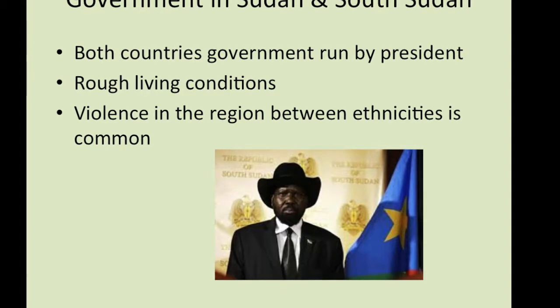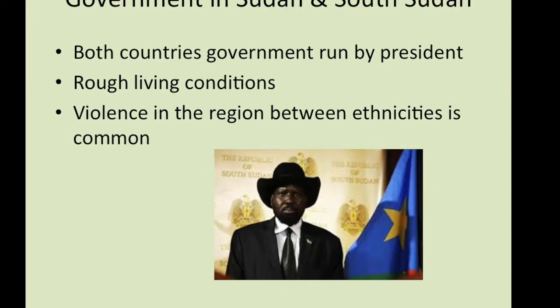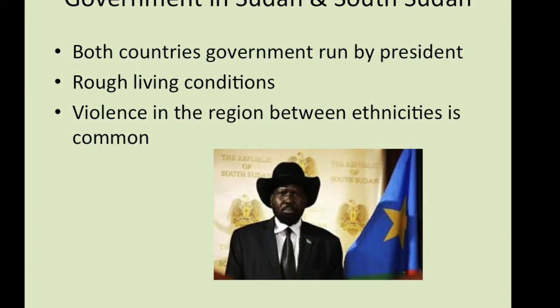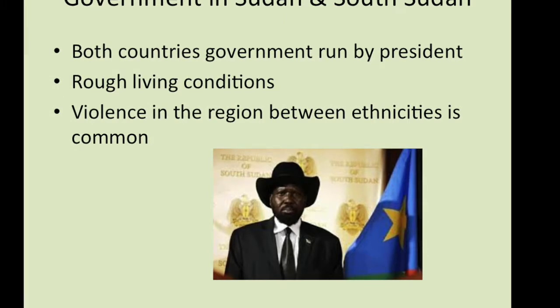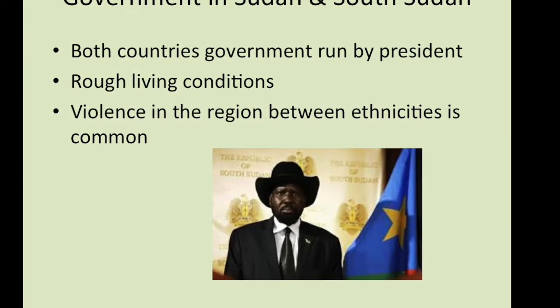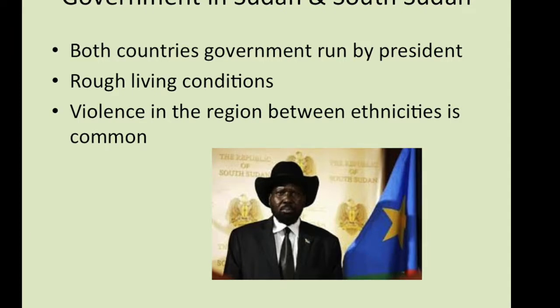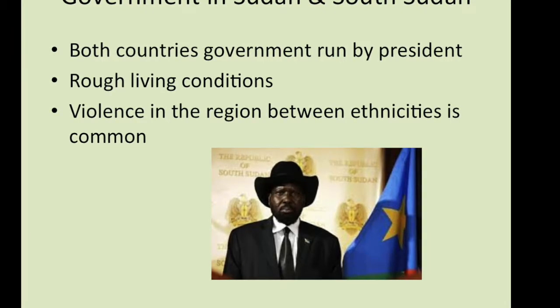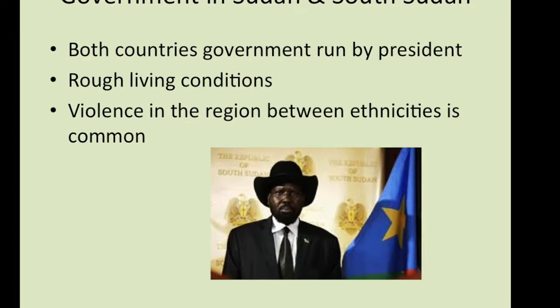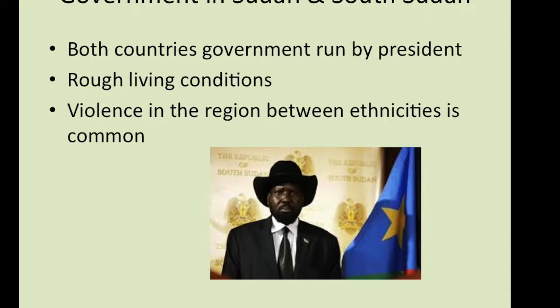The lifestyle is tough in both countries, as Sudan gives free education, but only 70% of the population is literate. There are constant food and water crises in the area, and in Sudan, ethnic wars between different ethnicities cause violence in the area and make it tough for foreign companies to set up production facilities as they are scared of violence and dampers to the region's production.